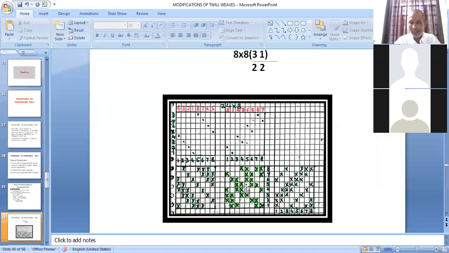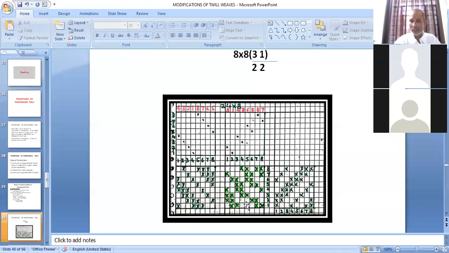And this particular twill is known by a name. You can note it down. I forgot to mention it here. This particular twill in 8 cross 8 with 3 up, 2 down, 1 up, 2 down interlacing order and group size of 2, if all these specifications are met, this particular effect only is known as Mayo or Campbell. M-A-Y-O, Mayo, or C-A-M-P-B-E-L-L, Campbell. Mayo or Campbell is the name given to this design only.